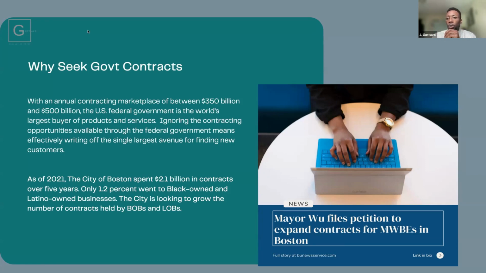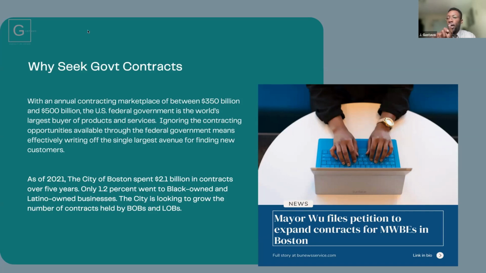So when Michelle Wu, our sitting mayor, took over the mayor's office about 2 years ago, she issued a decree, I think about 6 months ago. She petitioned to expand contracts for MWEs in the city of Boston, right? So meaning there is now a whole new avenue which small minority, women-based, Latino-based, Black-owned businesses can pursue,